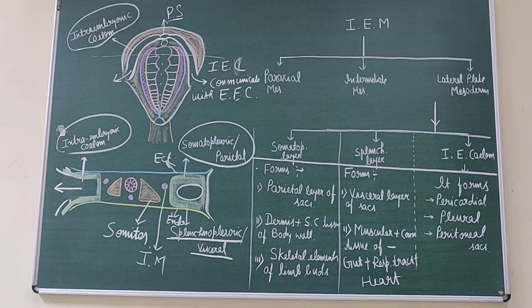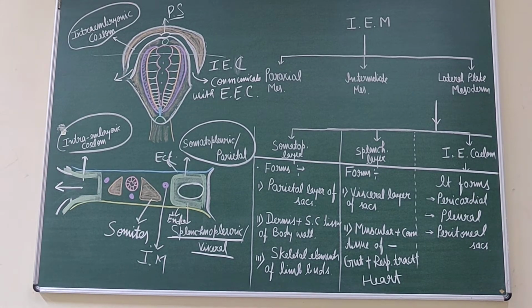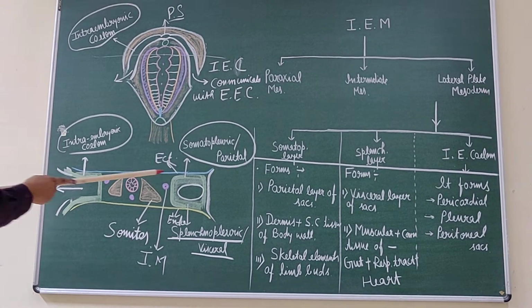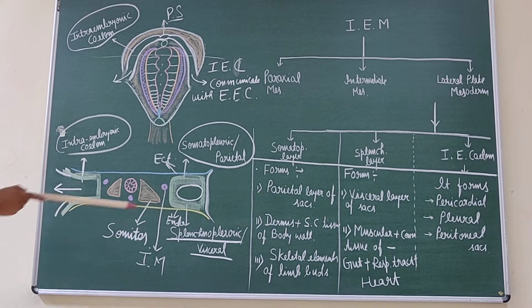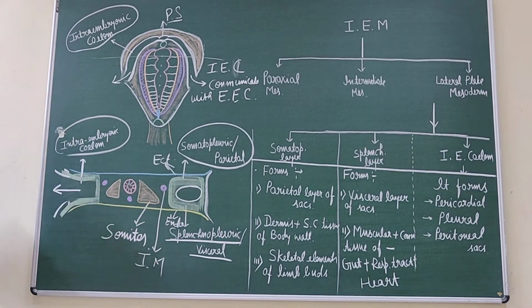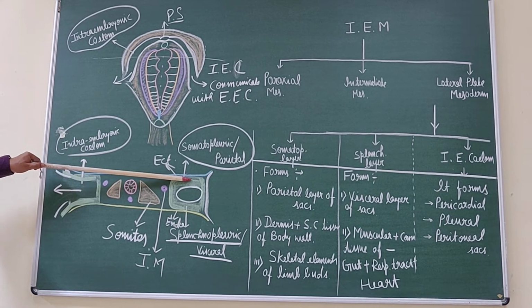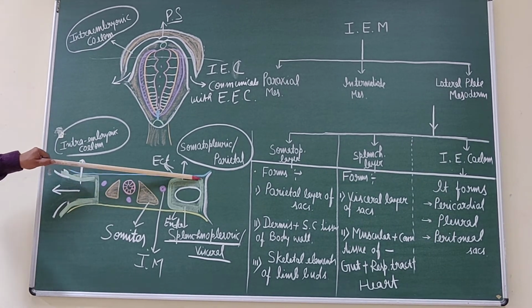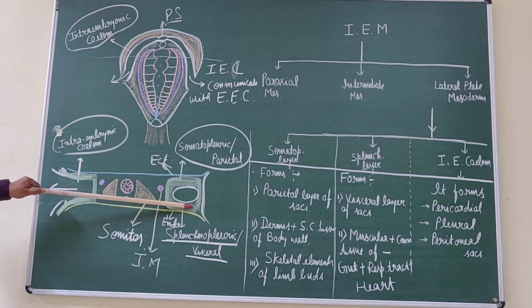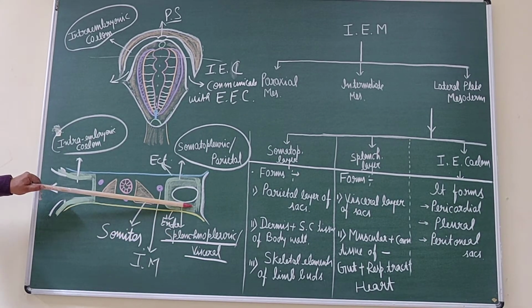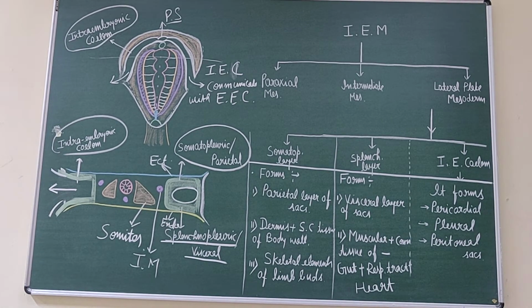This means the lateral plate mesoderm gives three structures. One is the cavity, known as the intraembryonic coelom, and it has an upper and a lower wall. The upper is the somatopleuric layer, which is in close contact with the ectoderm, while the splanchnopleuric or visceral layer is in close contact with the endoderm.